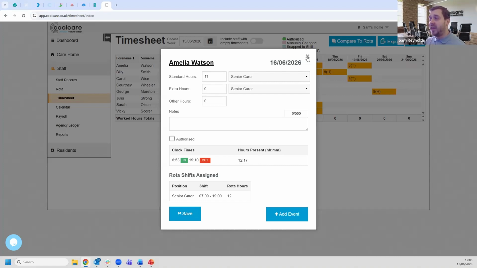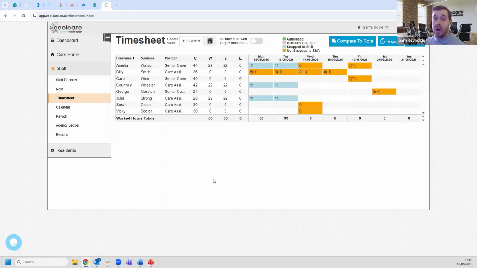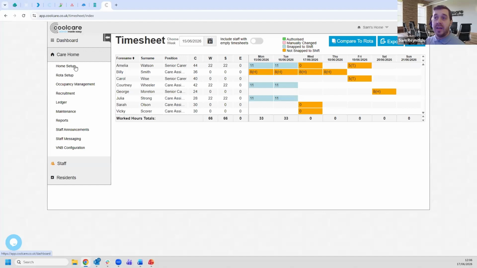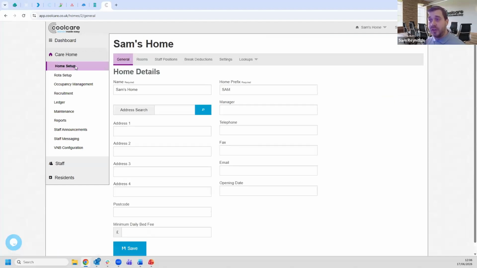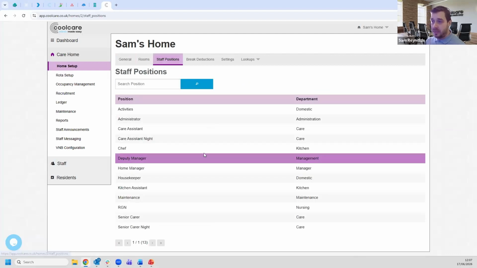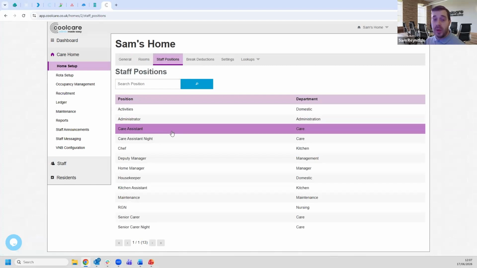And that all works with some settings that you can find in our home setup section. So we go to Care Home, and it's Home Setup. Essentially, there are two things CoolCare is looking for to see what shift they should be doing and what leeway they should have. The first bit is in your staff positions under this home setup, where you'll find your list of positions. If you click into any one of them,